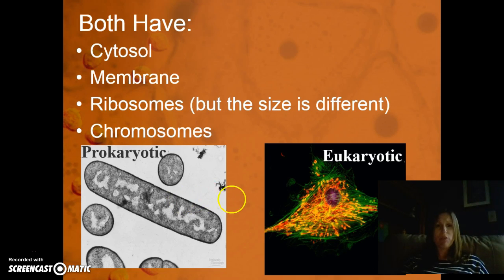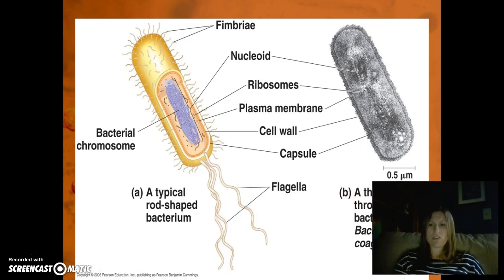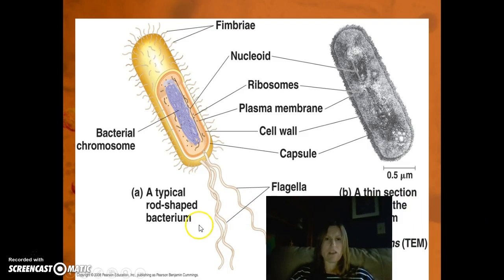Now remember, a prokaryotic cell does not have a nucleus. But what it does have is a region of DNA, which we refer to as the nucleoid. And this is just that single strand of DNA chromosome that it contains. No nucleus, but it still has that chromosome. So for example here, if I show you this little drawing of bacteria, this diagram, here's my bacteria chromosome, and you can see here how it's also labeled as the nucleoid, or the region that contains